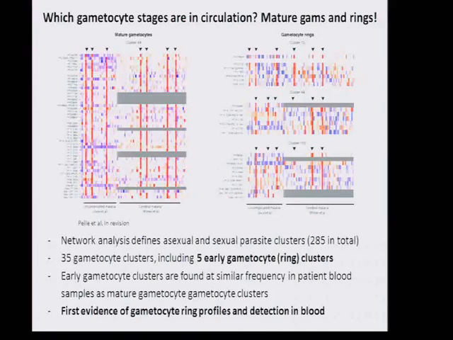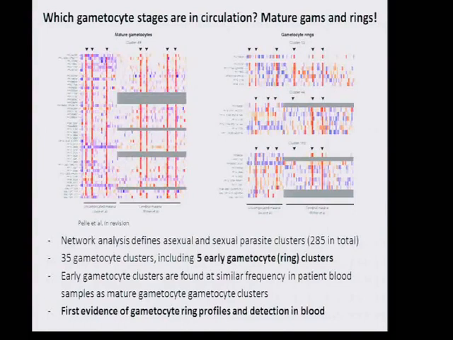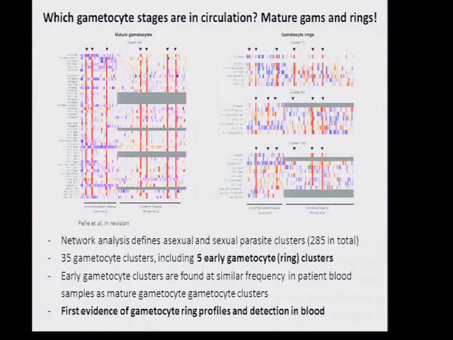So now, if we do that with the gametocyte ring or the very early gametocyte clusters, these are 3 out of the 5 clusters we identified. They contain, again, known very young gametocyte markers like GEX5, PFS16, PF140748 or 744. And when we use, again, this AP2G marker as a positive control, because it's expressed in sexually committed schizonts and early gametocytes, then we can see again that in a subset of patients across these 2 cohorts, all the genes or most of the genes from these early gametocyte clusters are expressed.